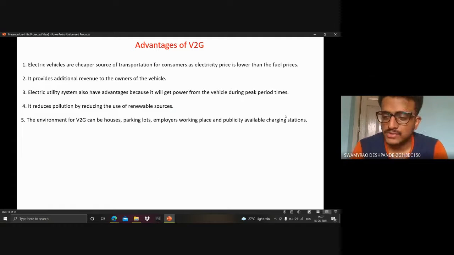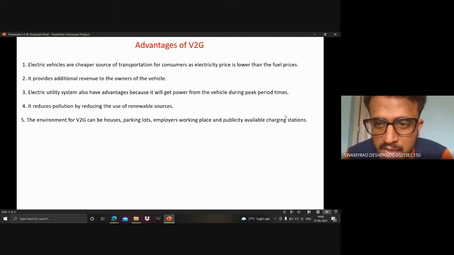So, advantages of V2G, sir. The first main advantage is improving security. As V2G inverters respond quickly, they can be used to control the effects of any disturbances occurring in distribution networks and other things. It will also help the power system to be more robust, and it will reduce the vulnerability.